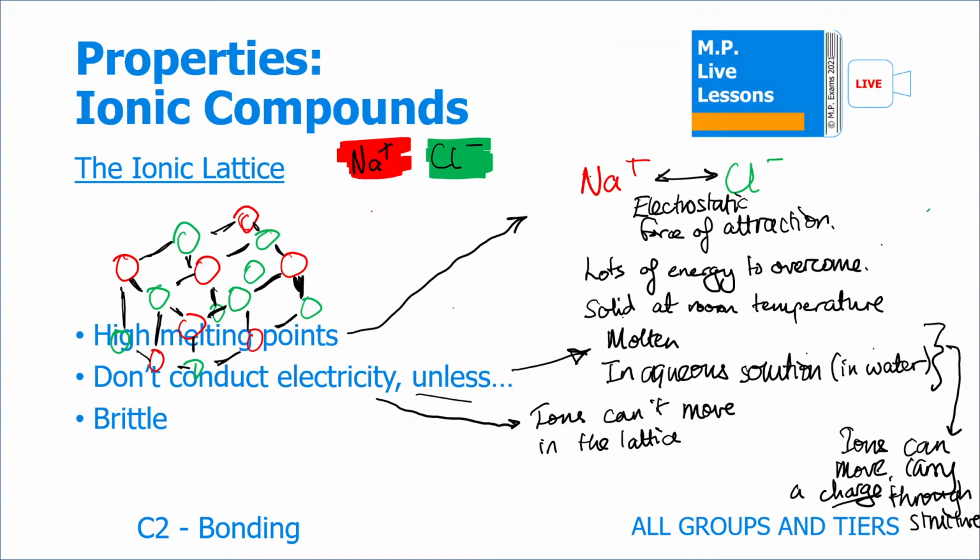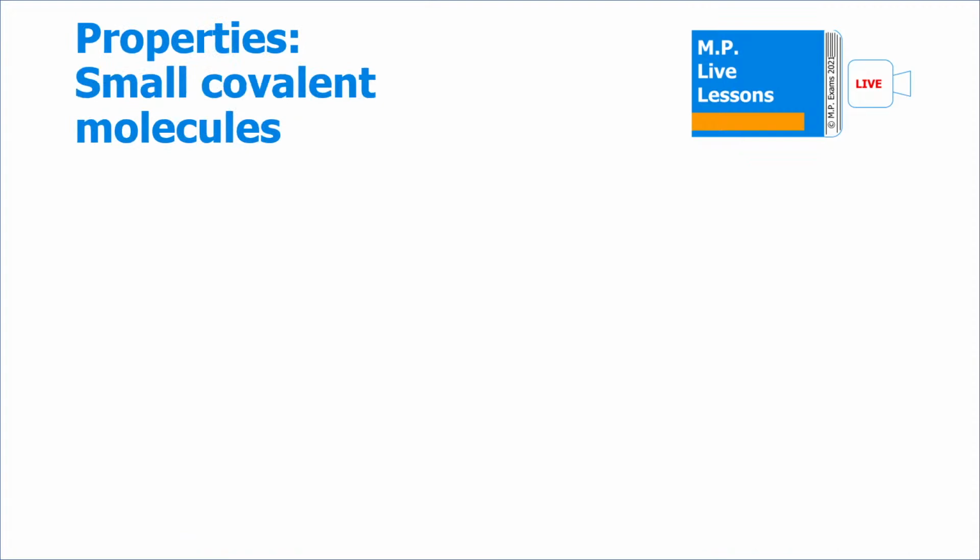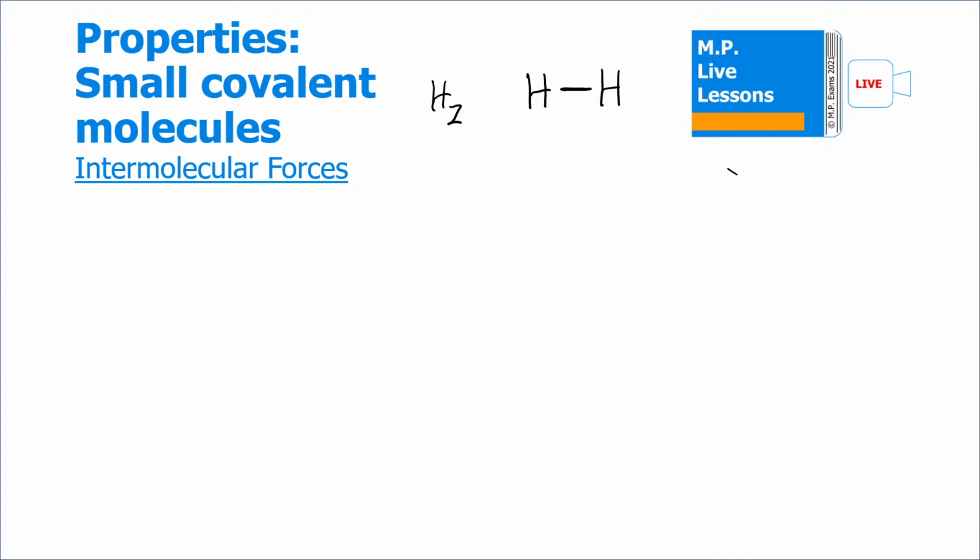Lastly, they're brittle because they have these alternating layers of positive and negative ions. And as soon as we dislodge one of them, we have two ions that have the same charge, so they repel each other, and then they break apart. Next, we have small covalent molecules, and we'll need to know about intermolecular forces. So let's say we have molecules of hydrogen, so H2. And I'll draw the very simple diagram, which is just two hydrogen atoms, and they share a single covalent bond, so a single line. So if I draw many of these,